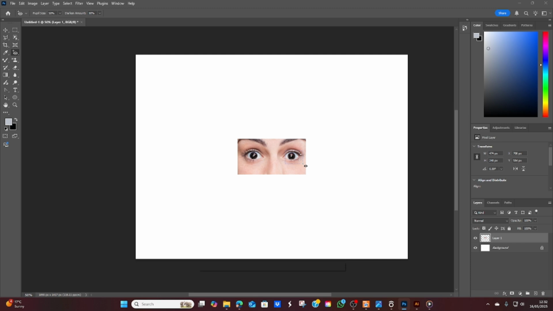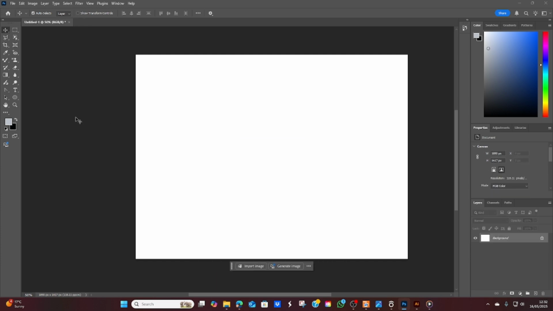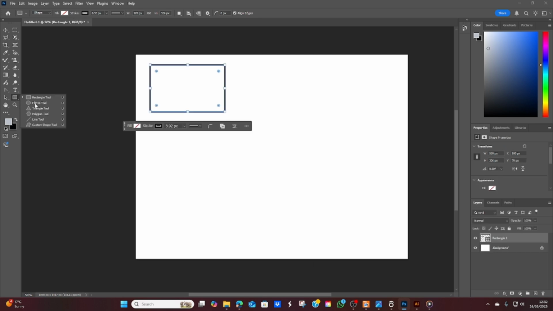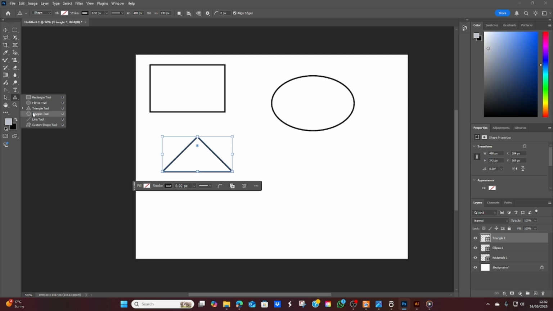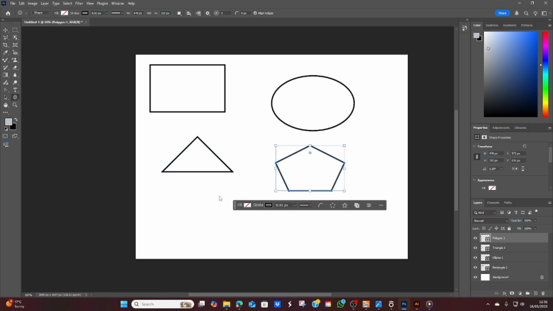And there we go. That's basically how this tool works. And finally, we're on the last tool I want to show you, and that will be the shape tool. So basically, you've got a rectangle tool, the ellipse tool, the triangle tool, the polygon tool, the line tool,